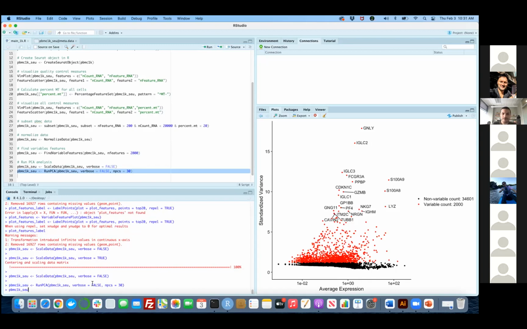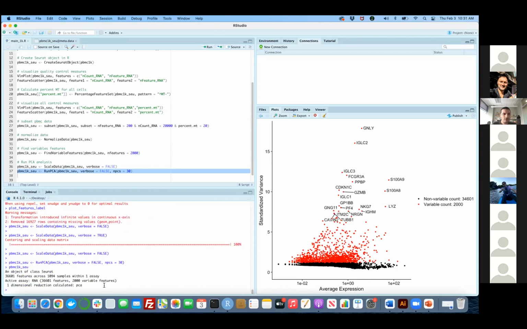And let's look at the data as well. See, so the printed message actually changed a little bit. Now we don't have 0 variable features, but below we have an indication that we have done some dimensional reduction to Seurat analysis, and it's been recorded. It tells you that some principal component analysis has been conducted for this data, and it's coded as